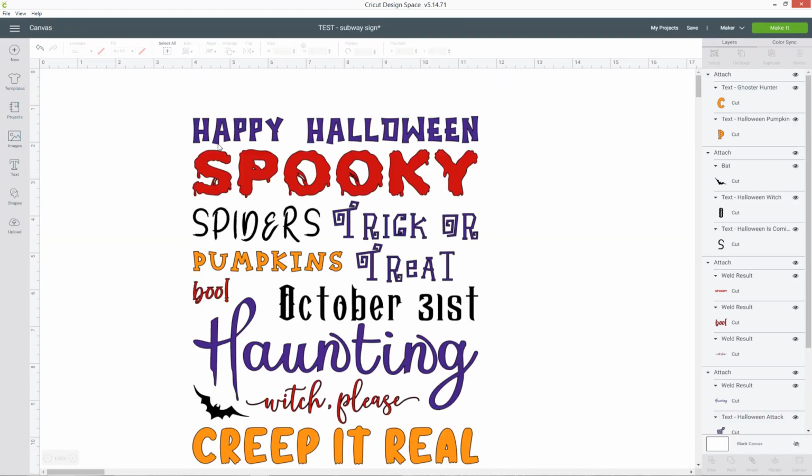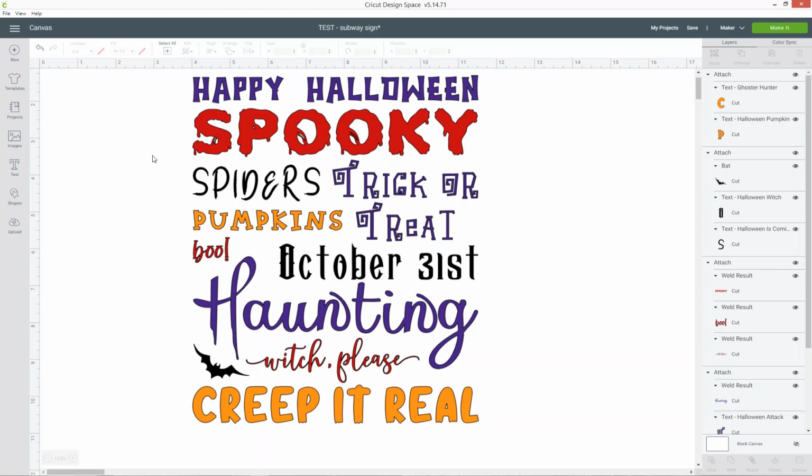One other thing you can do rather than cut this out of vinyl is you could print it on your computer printer and then get your Cricut to cut that rectangle around the edge, and then you could just stick it in a frame without having to worry about all the different colours of vinyl and getting it all lined up and everything like that.